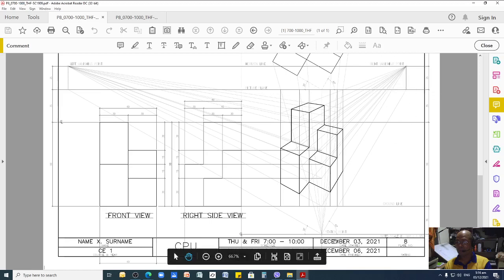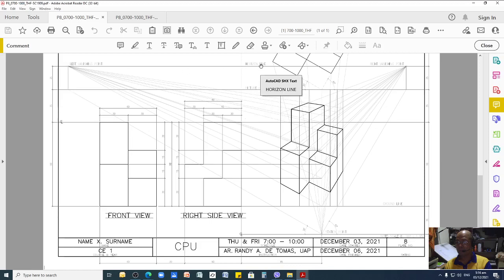And then to the left, you have your 30 degrees. Technically, you need to draw a 30 degrees line towards the left. And when it touches your picture plane, mark that. And then project the line vertically to touch your horizon line. And that's your left vanishing point. And then basically, all your projection, I already mentioned this in the other video, those lines that have a direction towards the left will go here.